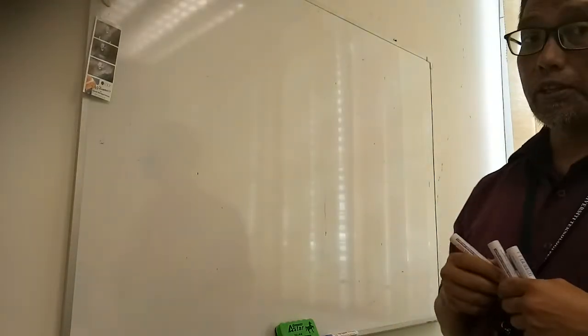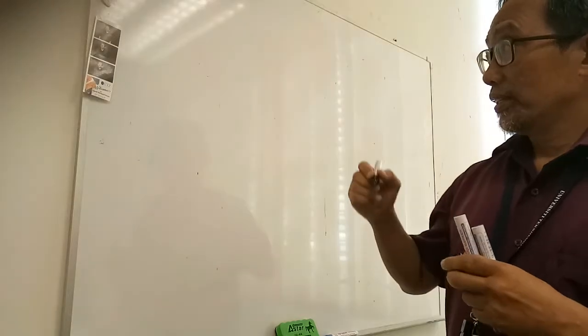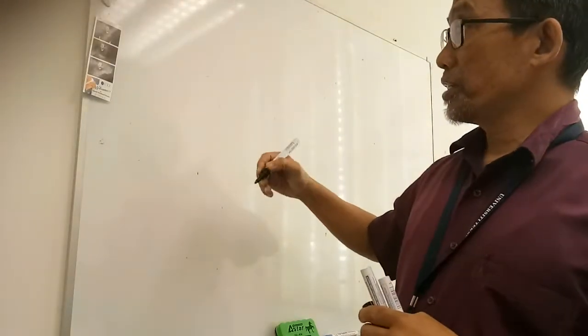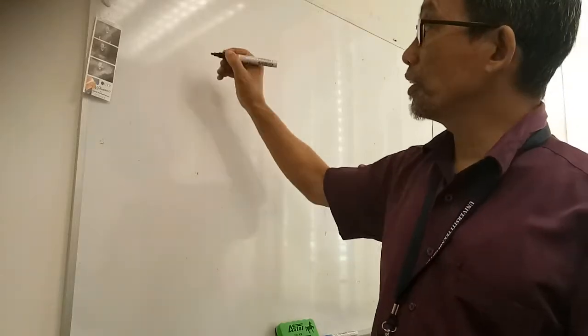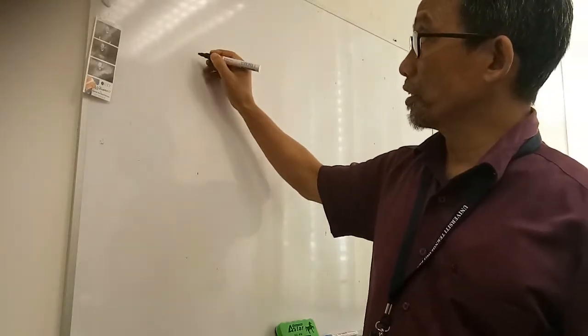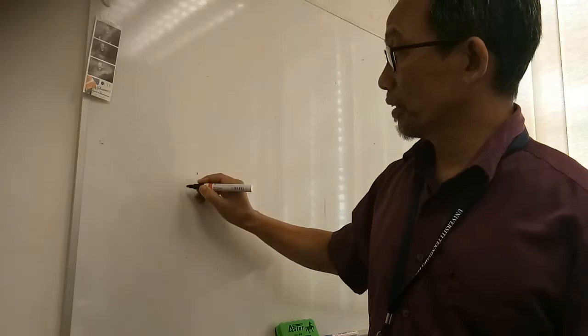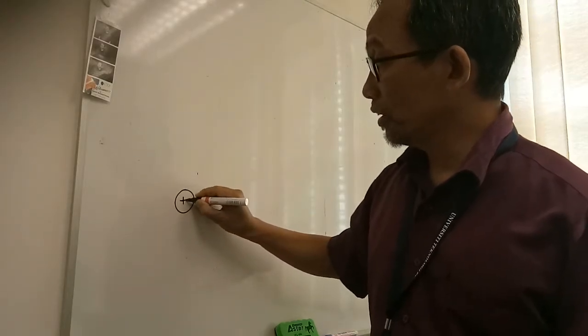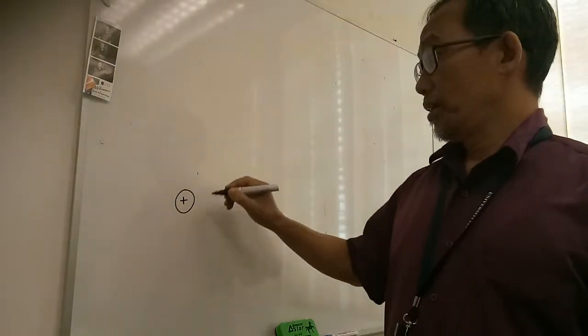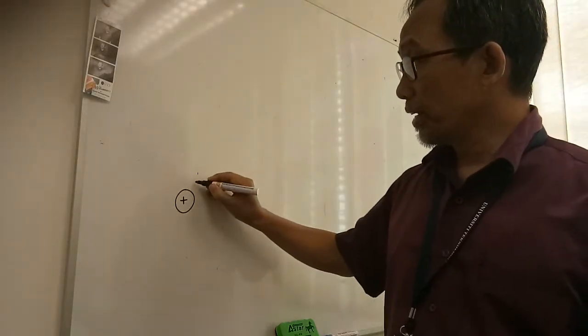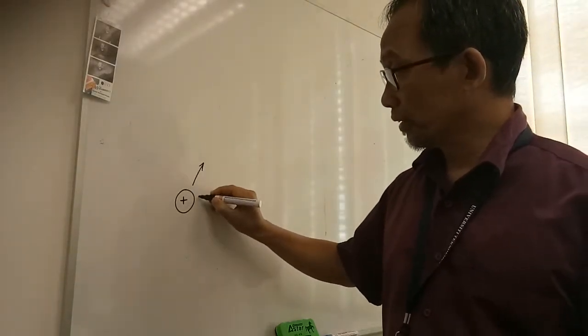So electric field can be generated by the presence of a charge. It might be positive or negative charge. So let's say this is a positive charge. The electric field will be directed outwards